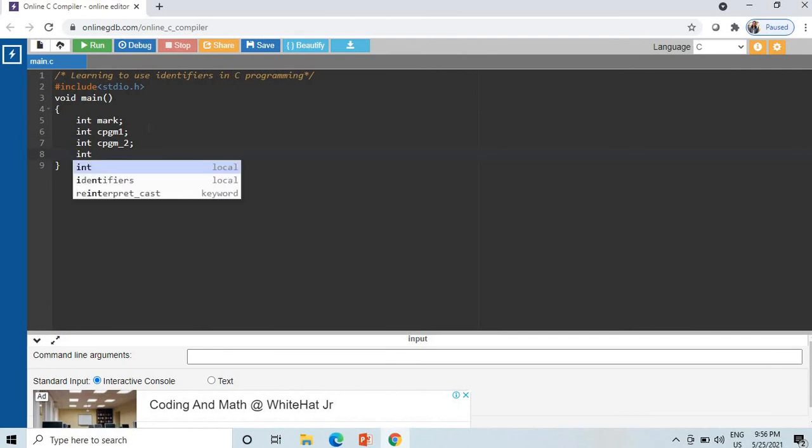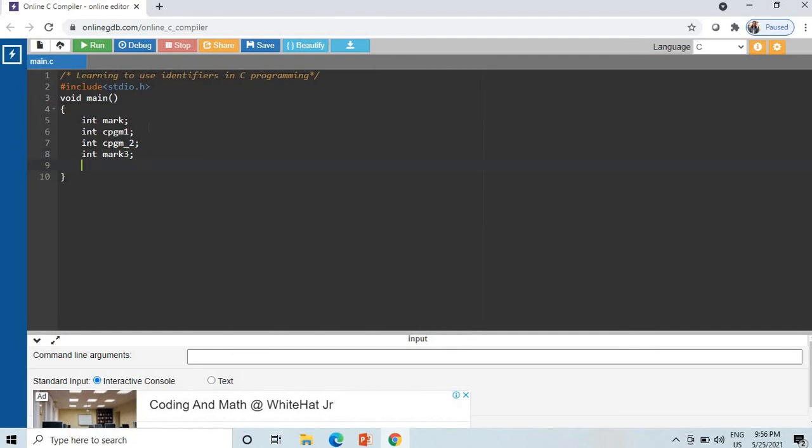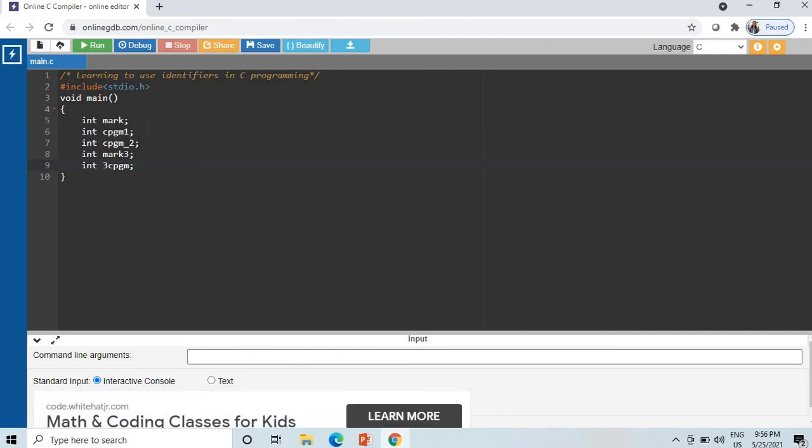Even if I want to give it as mark3, I can declare that. But if you want to declare 3Cprogrammark, you can't declare it like this. If it begins with a number, it's an error.